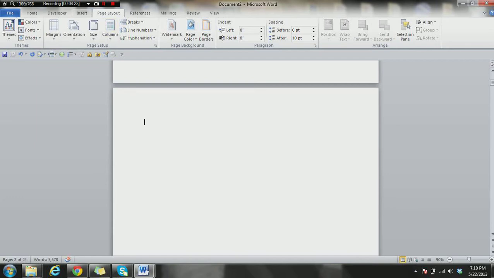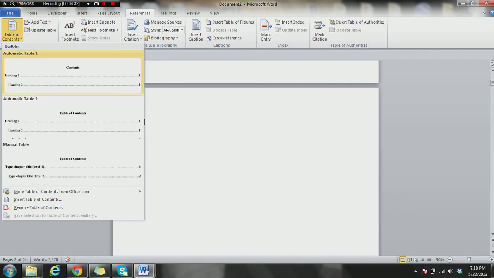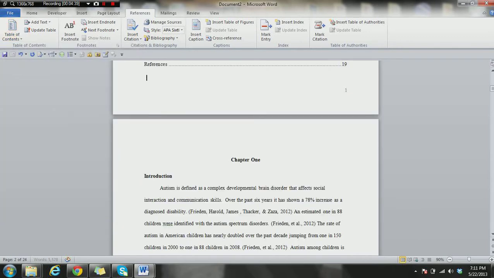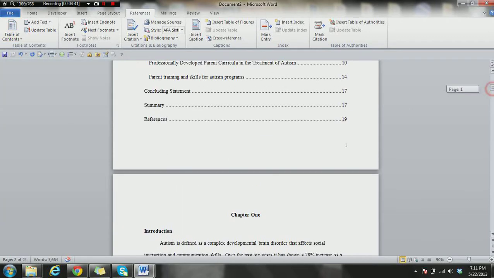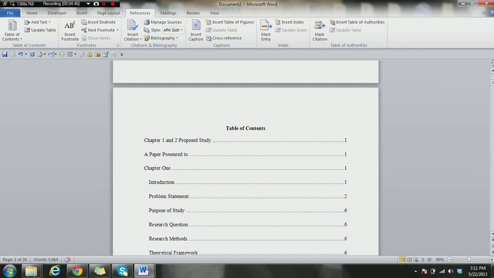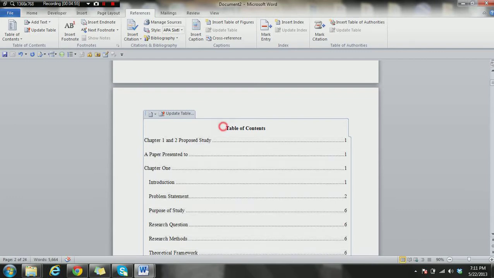And then you are going to go to references, and on the references, you'll see the table of contents. So once you select on that, up will pop automatic table 1, automatic table 2. It says table of contents here. It's already formatted, so I'm going to go ahead and select that. And once it pops up, you will see that your table of contents pops up. Now, sometimes when it pops up, it has a different formatting. That's okay. You can highlight it, select it by clicking on the left of your cursor on your iPad, and then you can just select the